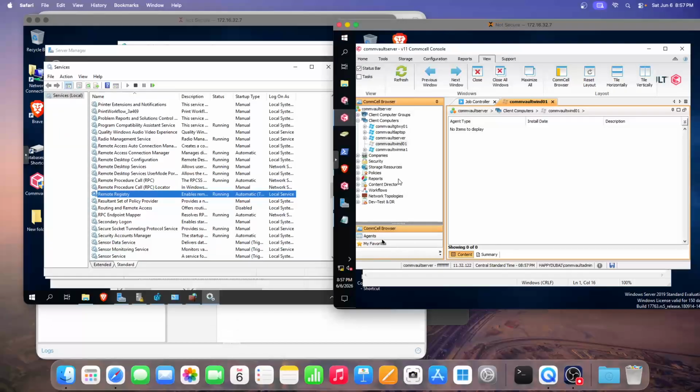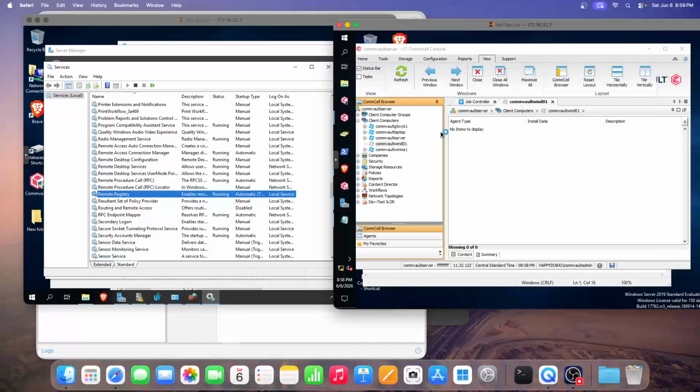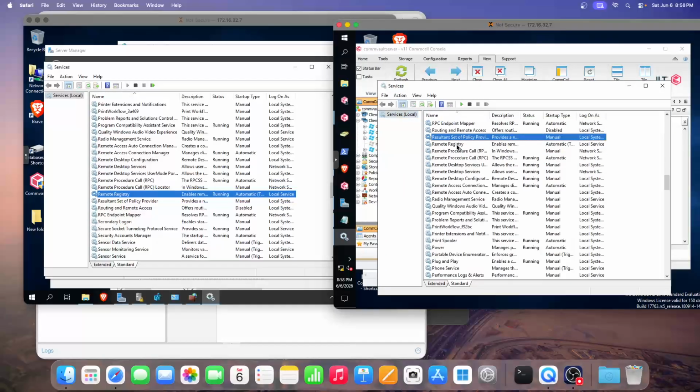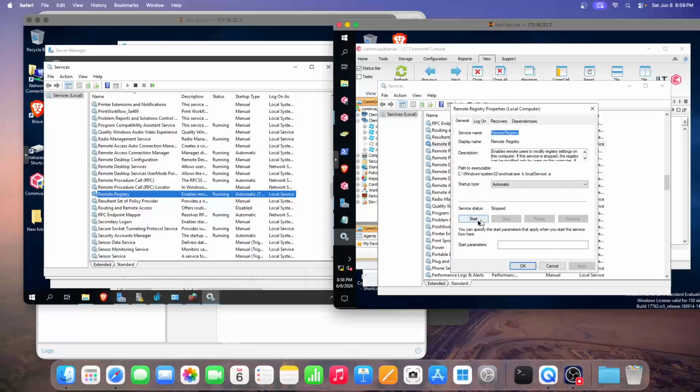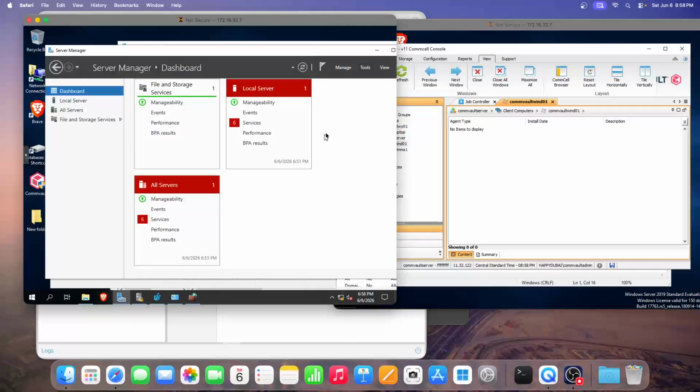Running on the client itself, and then on the Commserve as well. We're doing the same thing on the Commserve. So services and remote registry. We're going to start it up. The other thing we need to do, we're going to close this, is to